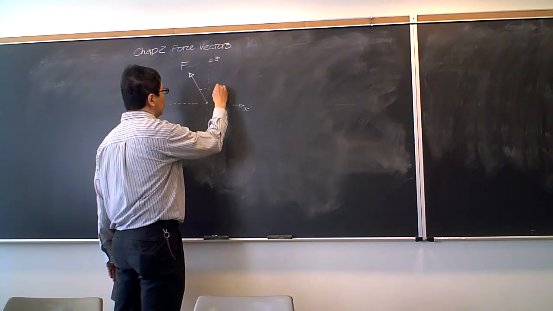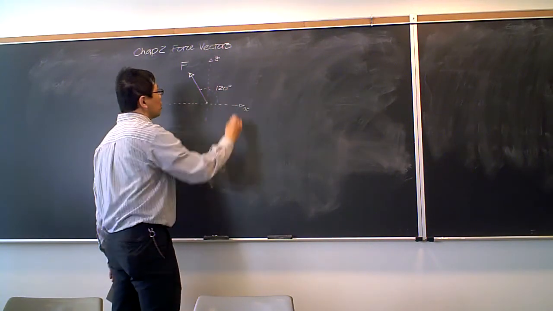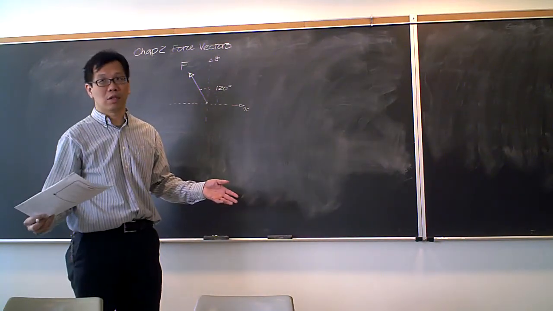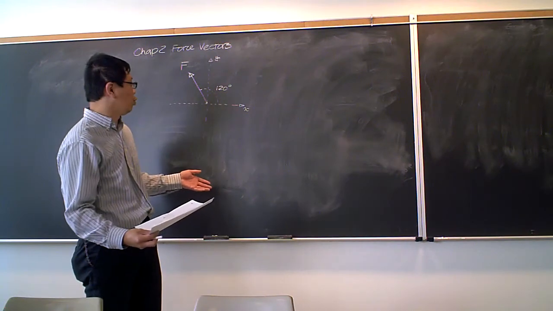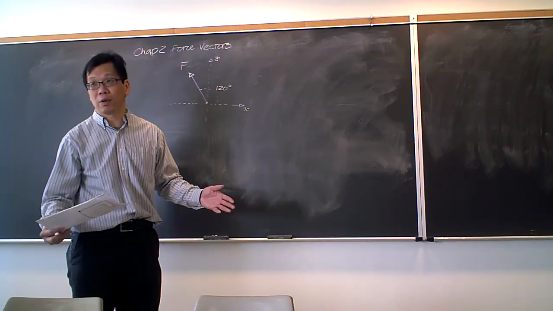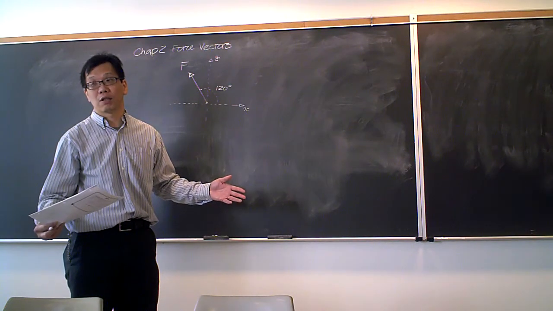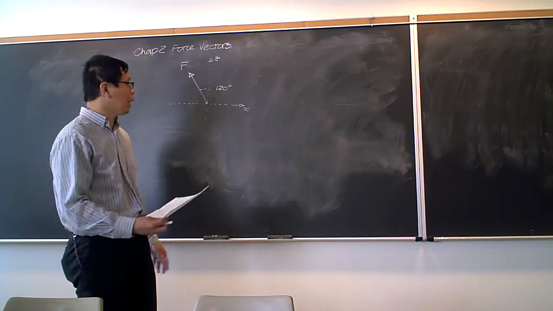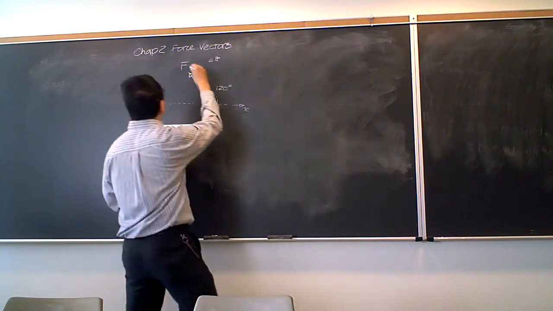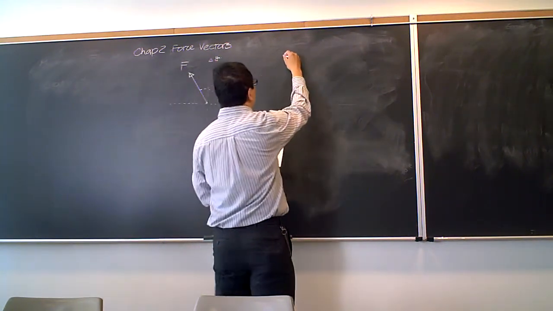In order to describe it, there are two ways. One is, okay, I'm telling you I have a force which is a certain amount of Newton, let's say 10 Newton, and this is 120 degrees from the horizontal axis. So in that case, you know the direction, you know the magnitude, and that's fine. And if you don't like that, you can say, I want to do